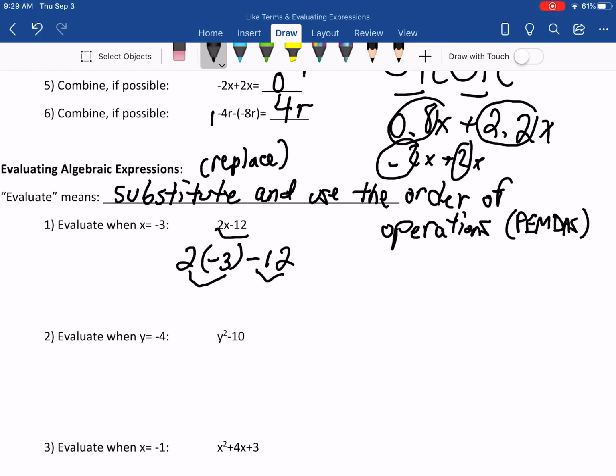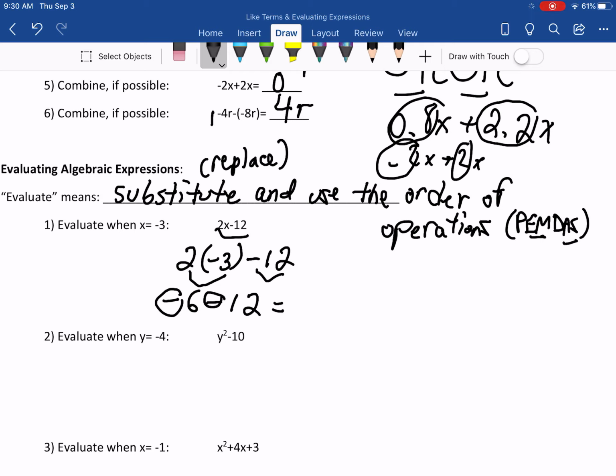In PEMDAS, the m comes before the s, so we're going to multiply before we subtract. So 2 times -3, positive times negative makes a negative. When the signs are different and we're multiplying, we get a negative. So this is -6 minus 12. Okay, now we're subtracting,